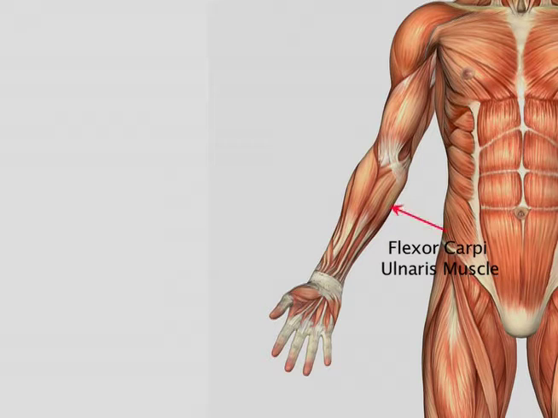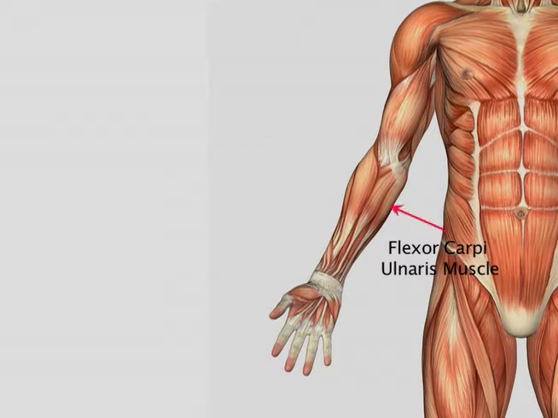As you can see in the diagram, it has two origins, one from the humerus medial epicondyle and another from the ulna,